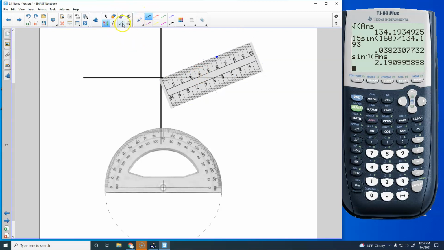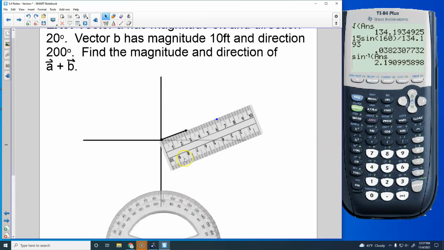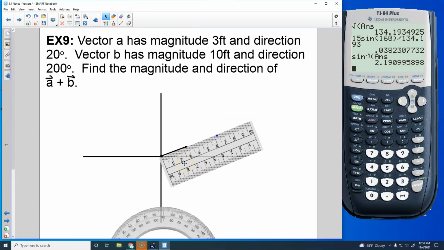I've got a direction of 20, a magnitude of 3. So I have this direction here. Then, my other one has a direction of 200 degrees and a magnitude of